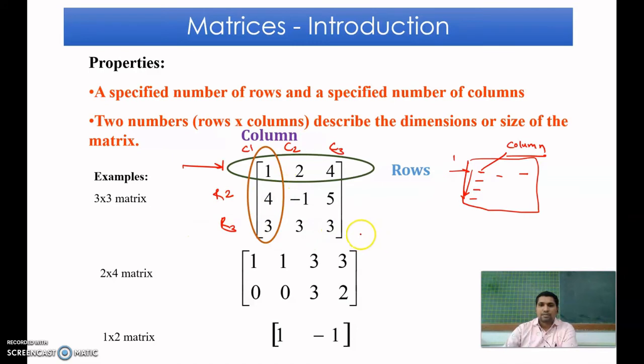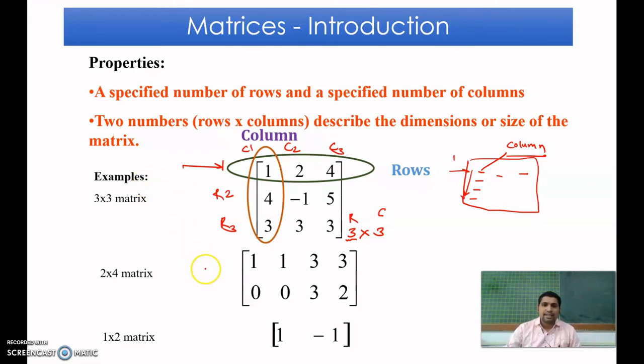So that's why we call this matrix 3 by 3. We call it 3 by 3 or 3 cross 3, but mainly we prefer 3 by 3. Students, first of all we write down the rows and then we write down the columns. When we say the matrix is a 3 by 3, that means the matrix has 3 rows and 3 columns.